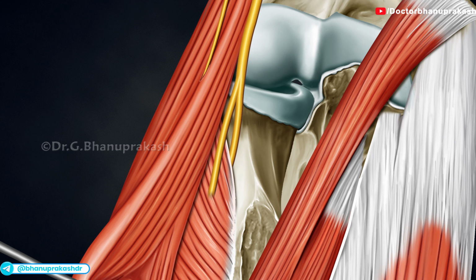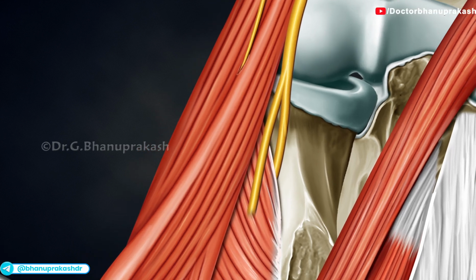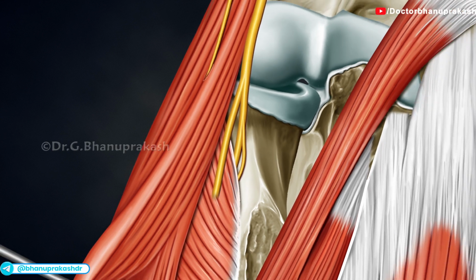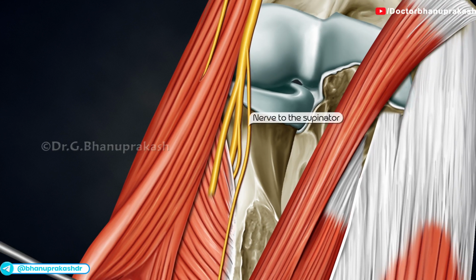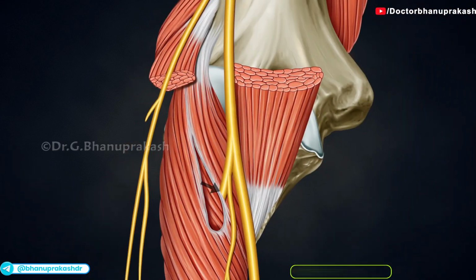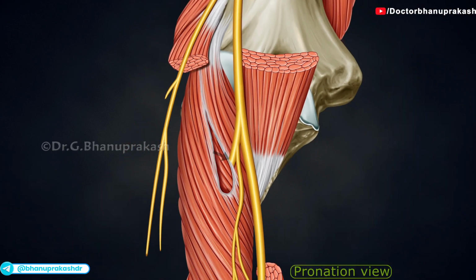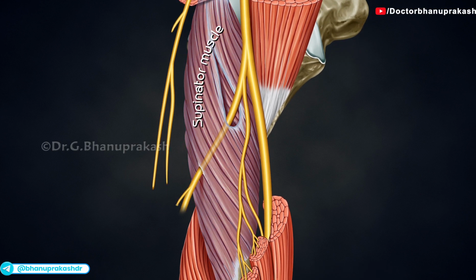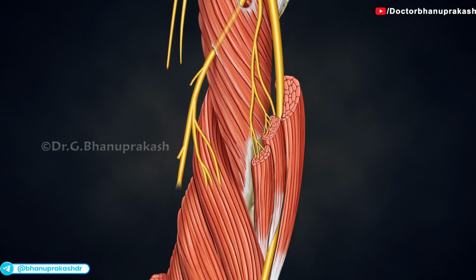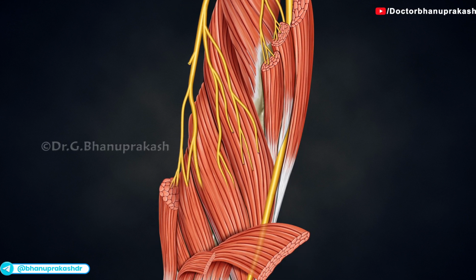Branches in the cubital fossa are as follows: nerve to the extensor carpi radialis brevis, and nerve to the supinator. The deep branch of the radial nerve, also known as the posterior interosseous nerve, passes through the supinator muscle and enters the posterior compartment of the forearm to supply all of the extensor muscles of the forearm. Branches in the posterior compartment of the forearm are as follows: